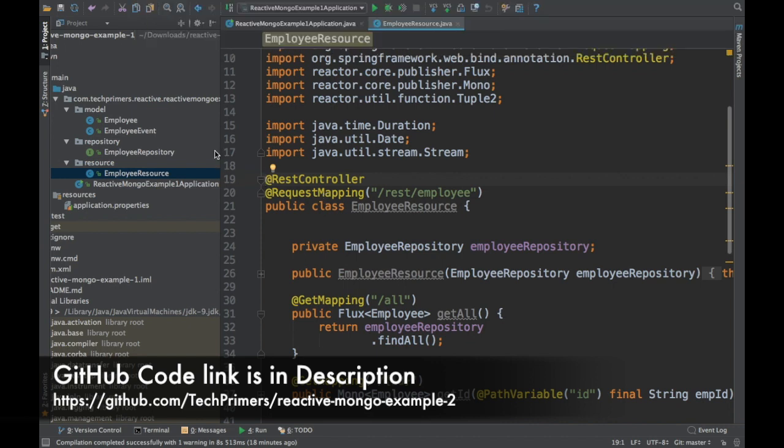event, employee repository, and if you see here, this is the project structure. So you can get the code from the GitHub repository. So I have pushed that to the GitHub repository. You can check out the code from there as well. If you haven't succeeded in creating the previous example, you can check out from there and then you can continue